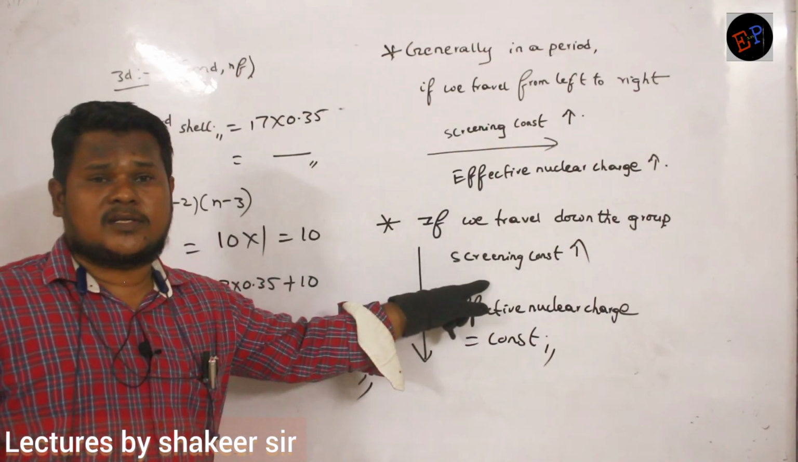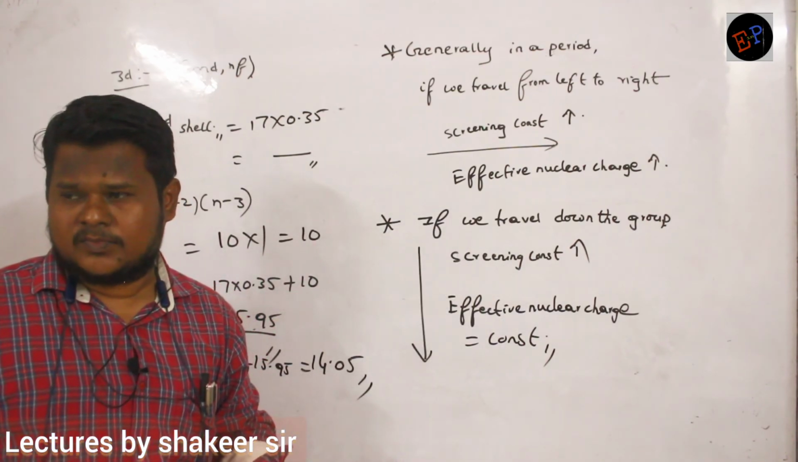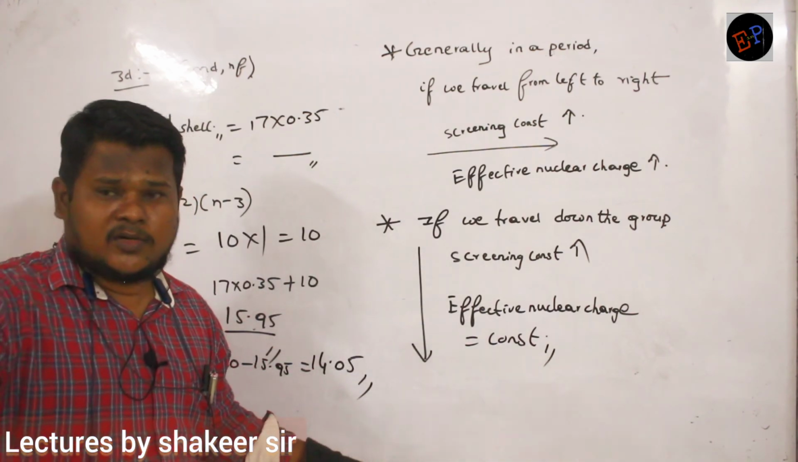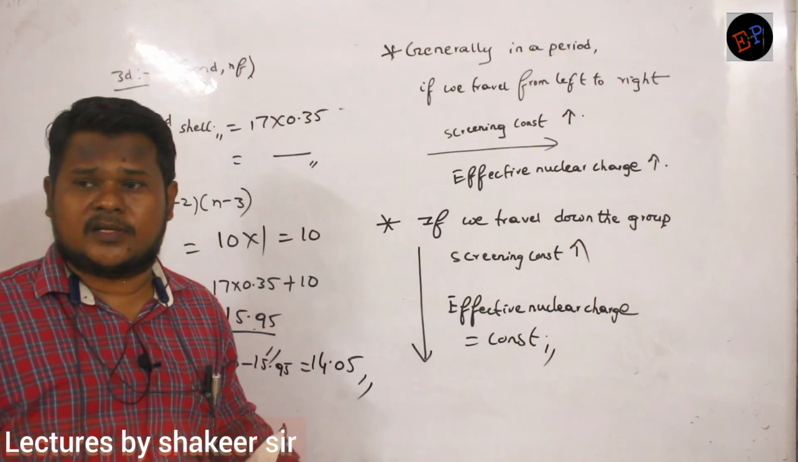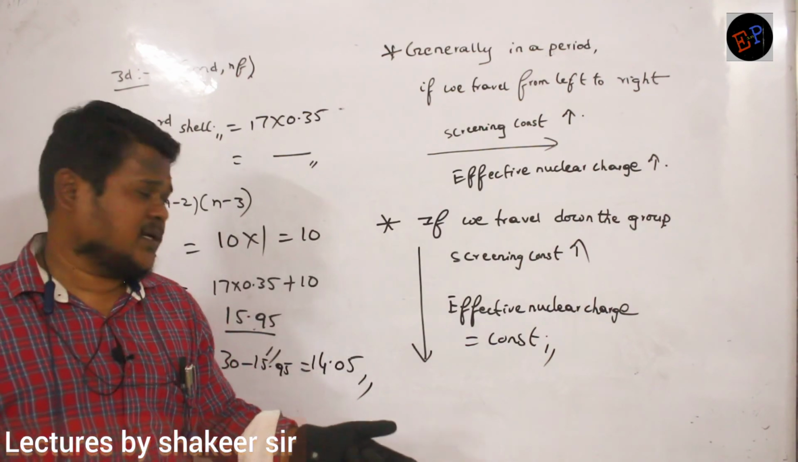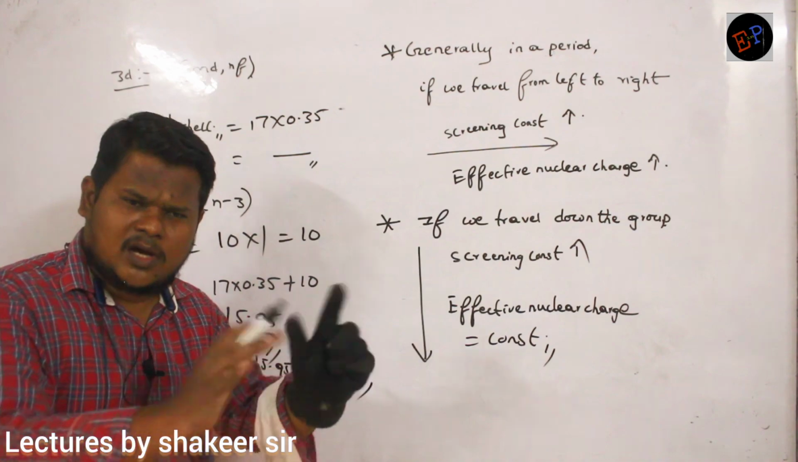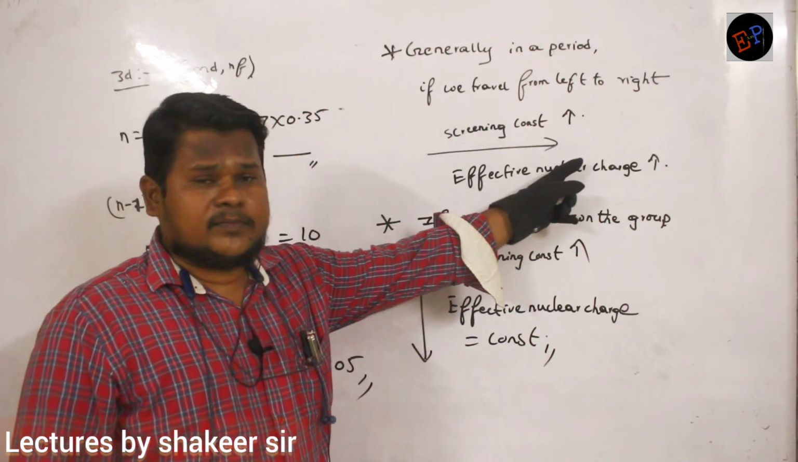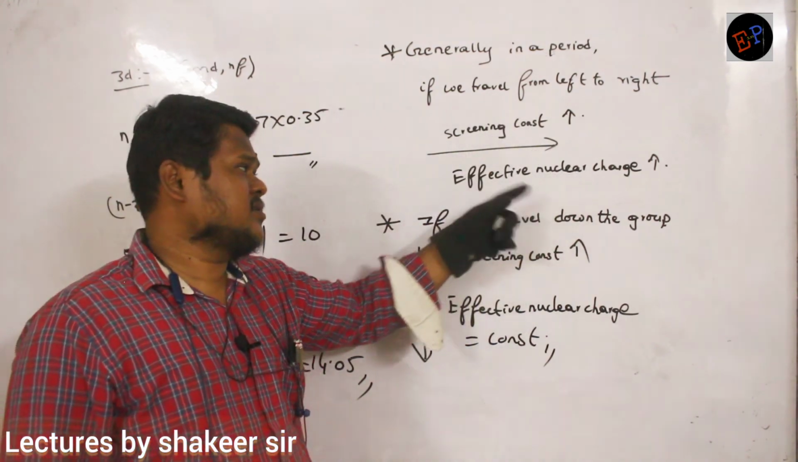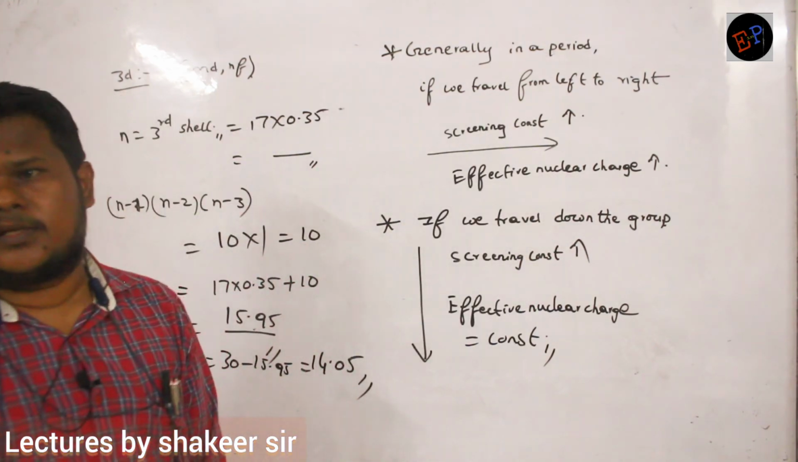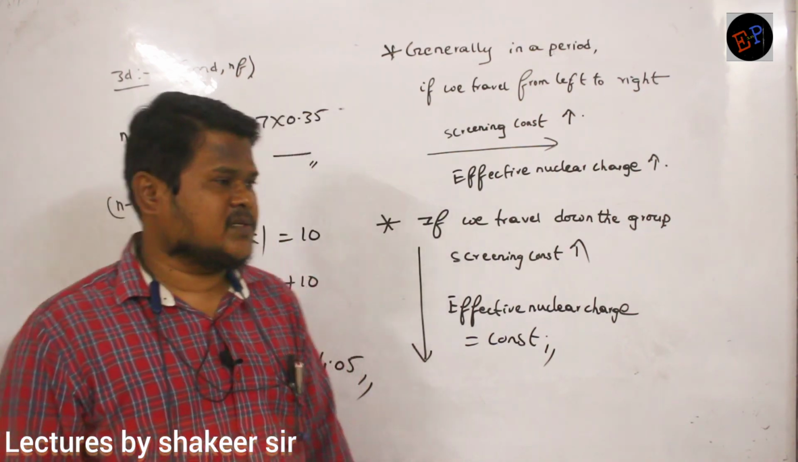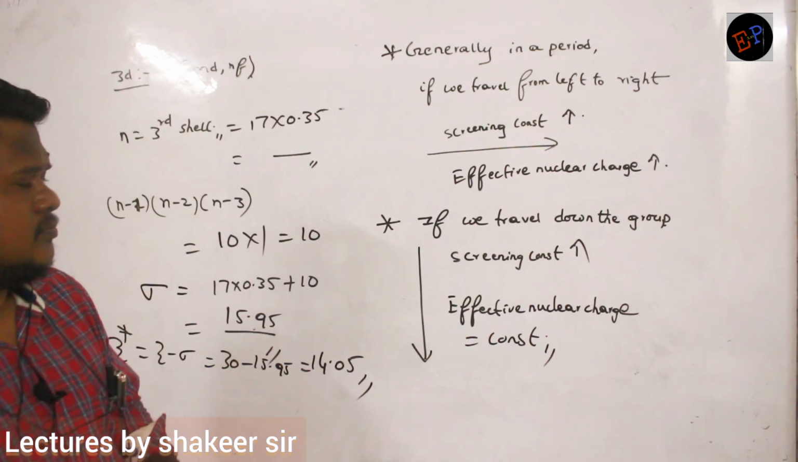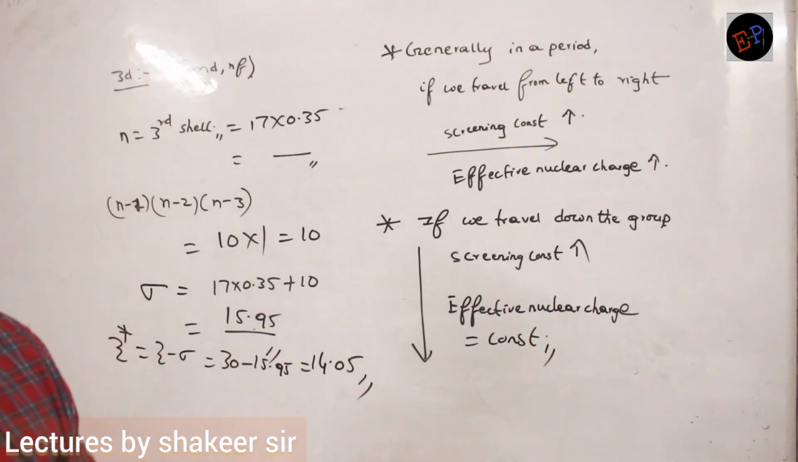In addition to the screening constant, the Z value also increases, right? Because in a group, shells are continuously increasing, so the Z value also increases by a large value. So the effective nuclear charge remains almost constant in a group. But in the case of a period, both increase. The screening constant increases, and the effective nuclear charge also increases. Are you able to understand? That's it. So remember